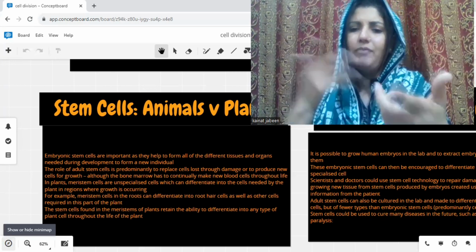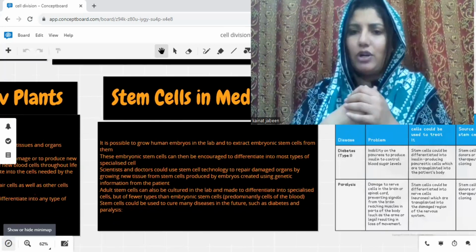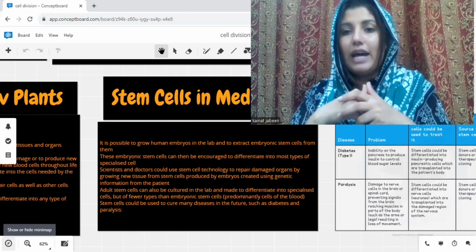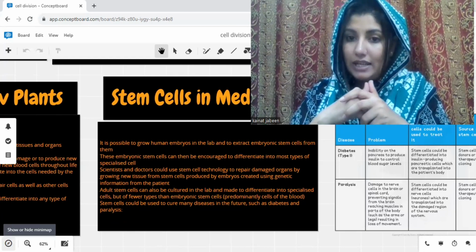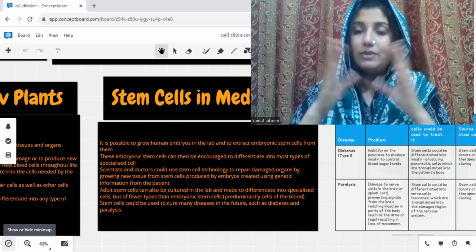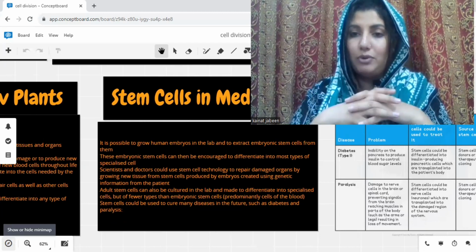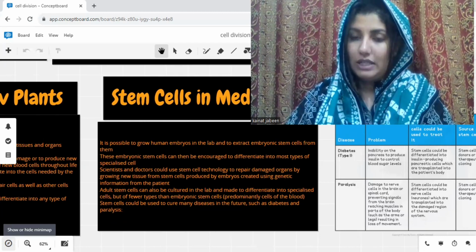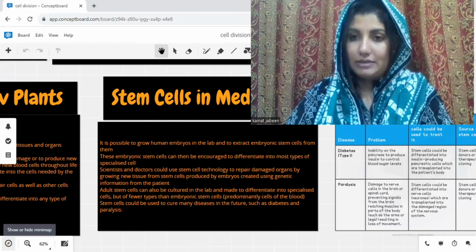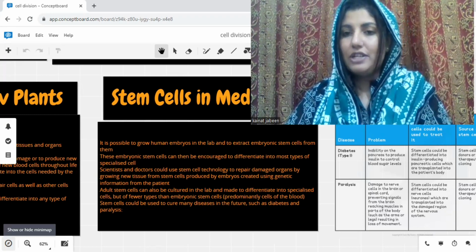But for example, where you don't have adult stem cells, like the pancreas that produces insulin, how can we treat it? If the pancreas is damaged, your body can't produce enough insulin for you, so you will get diabetes. At that time, people use artificial insulin.